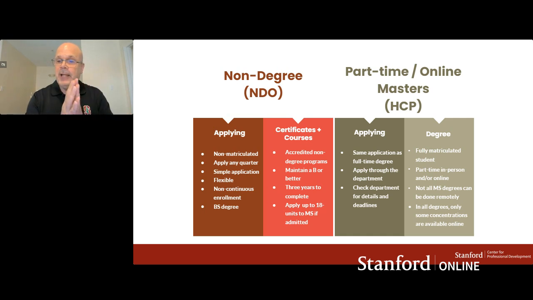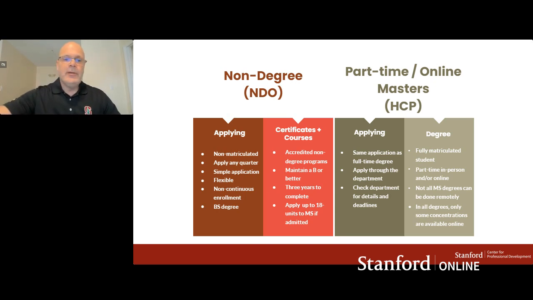If you apply and are accepted into a Stanford Engineering Master's program, you have the opportunity to apply up to 18 units of credit to the master's degree if you are admitted, okay? The master's degree, which I'll talk about in a second, is typically 45 units, so you're almost halfway there, depending on what courses you've taken and what courses and credits the academic department will allow you to apply to your degree.